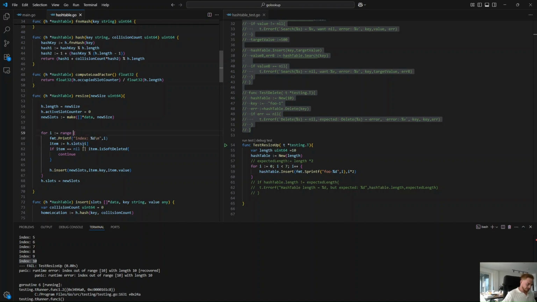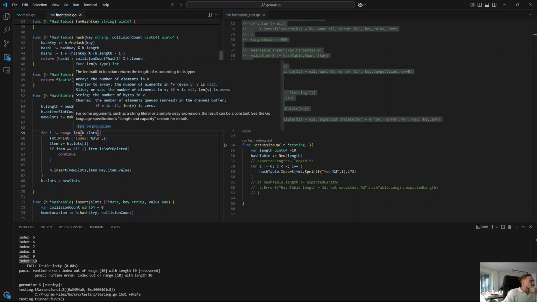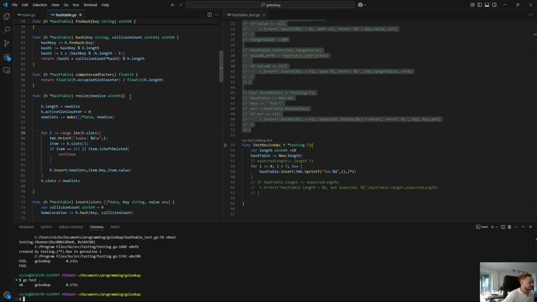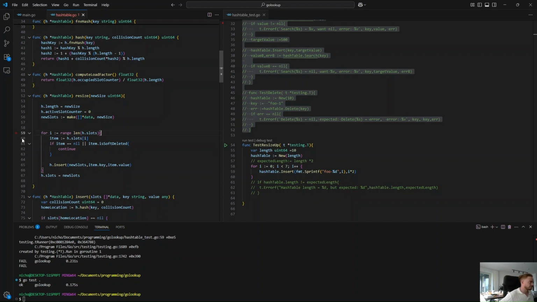Can I do, is len a function? No, she's kind of doing it like Python actually. H dot slots is the thing I want. The length of v according to its type. So let me check now. Okay, yeah, that was a little stupid. So okay, nice. So it works. Of course, I was doing h dot length -1, which is not good because here I'm assigning